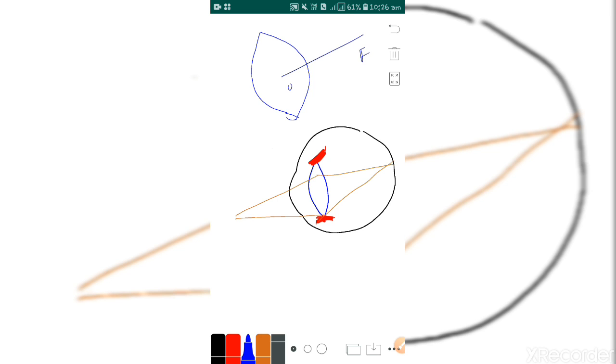This time the focal length has become smaller, so we can say that when the objects are closer to our eyes, the focal length has to be decreased, and the curvature of the lens,